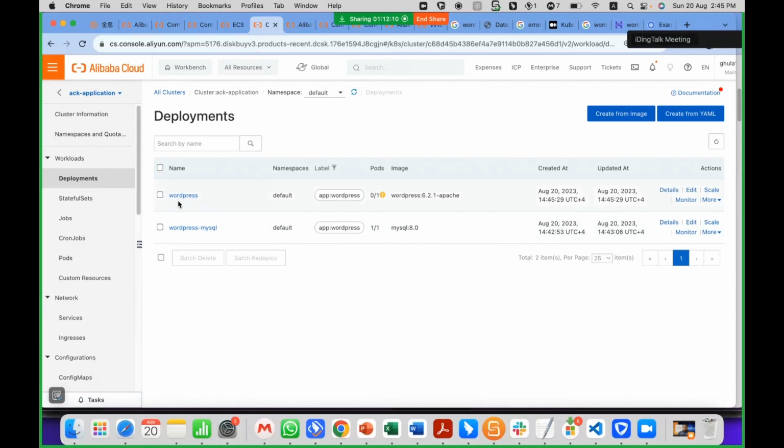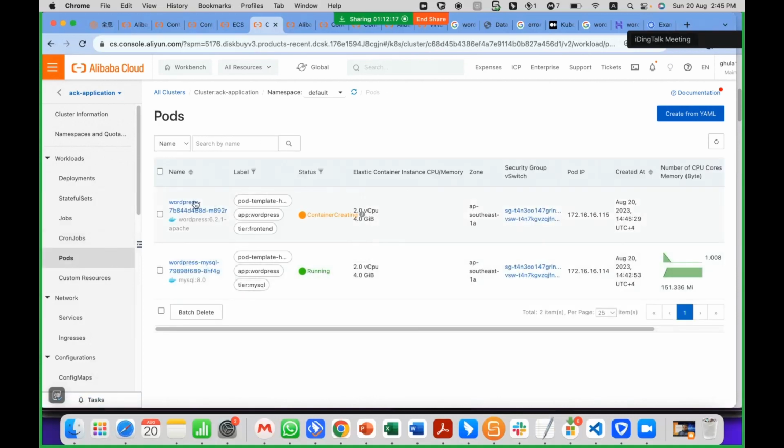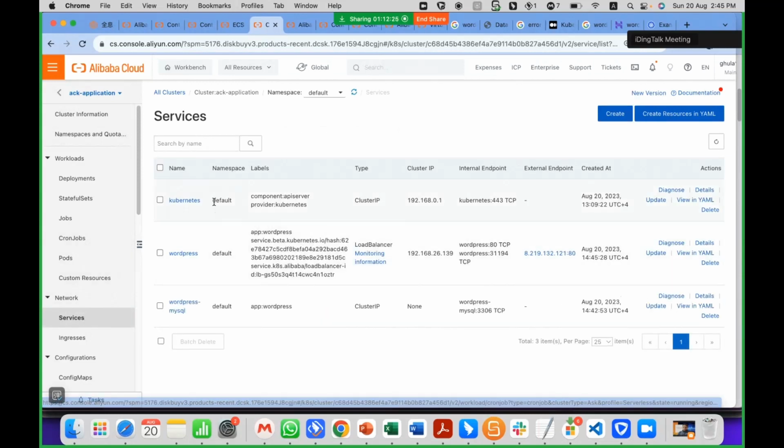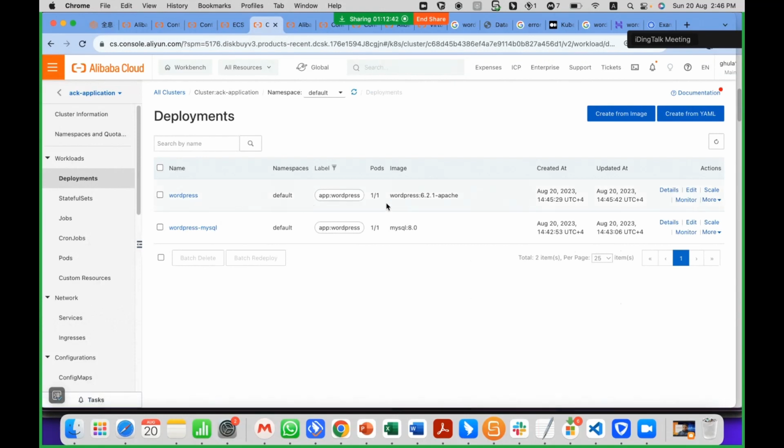Now the second deployment for WordPress is in progress, and for the pods, you can see the second pod is also in process to create the container environment. And let's move on to the services area. Now you can see the WordPress service is available. Based on the load balancer, we can monitor all these services. So the port will be 80, and this is the external endpoint, the IP address of the deployment, you can say. So let's see. Yes, so now you can see the pod one by one is available here.